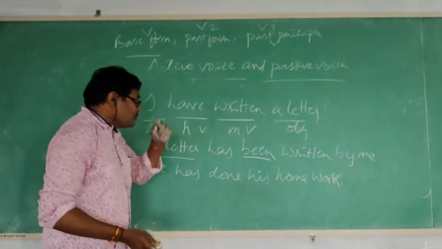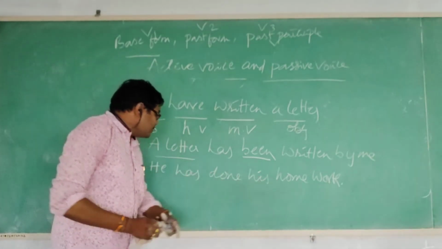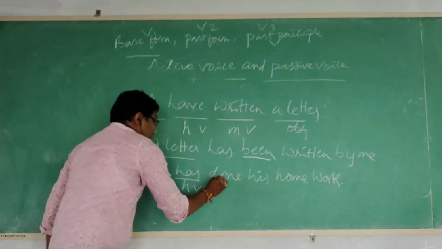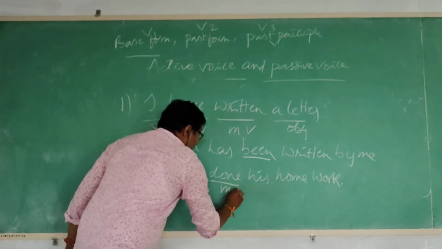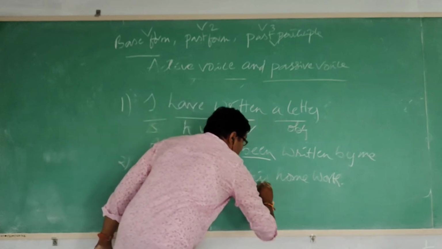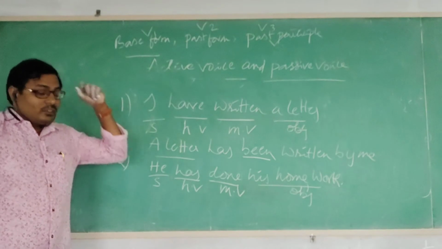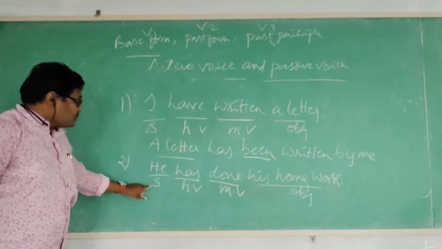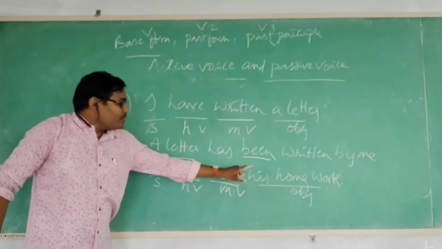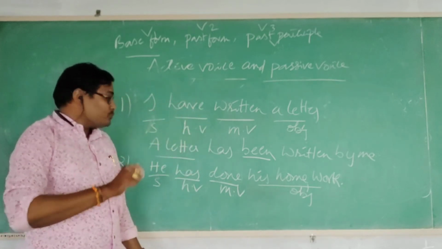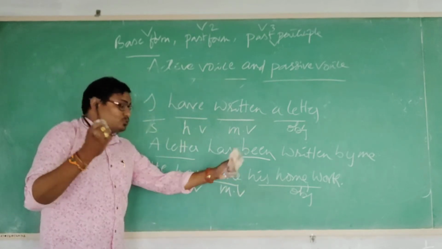Here you can see this is the subject, this is the helping verb, this is the main verb, and this is the object. If you want to convert this sentence, what we have to do is, as per the 6 rules,